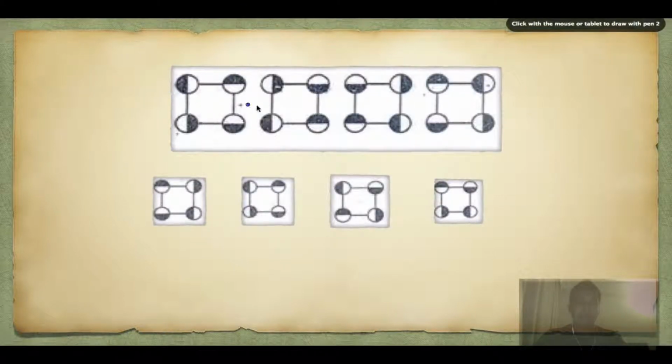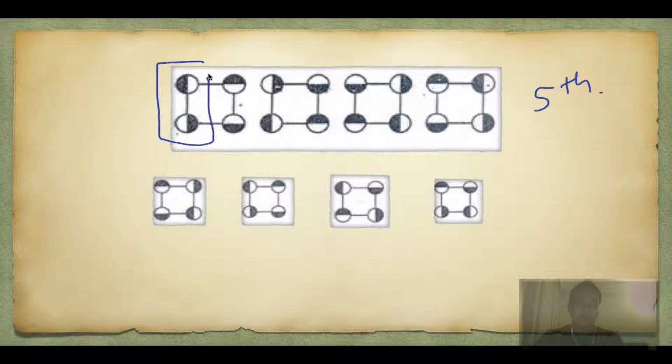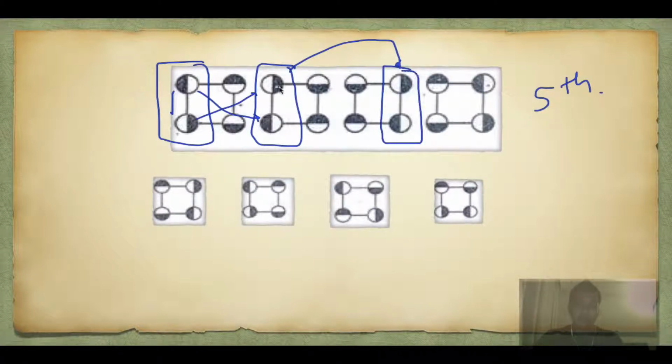Then we have this figure, where you need to predict the 5th figure. It's very easy. Just follow this bundle. This goes upside down. Is that understood? So this comes here and this comes here. Absolutely understood. Now it changes side, but the pattern remains the same. Can you see? This comes here and this comes here, and again now it will change there, and this becomes here and this comes here.